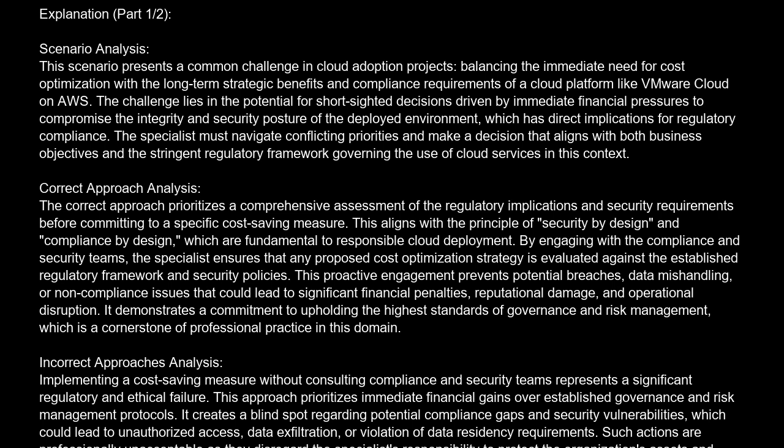Implementing a cost-saving measure without consulting compliance and security teams represents a significant regulatory and ethical failure. This approach prioritizes immediate financial gains over established governance and risk management protocols. It creates a blind spot regarding potential compliance gaps and security vulnerabilities, which could lead to unauthorized access, data exfiltration, or violation of data residency requirements. Such actions are professionally unacceptable as they disregard the specialist's responsibility to protect the organization's assets and ensure adherence to